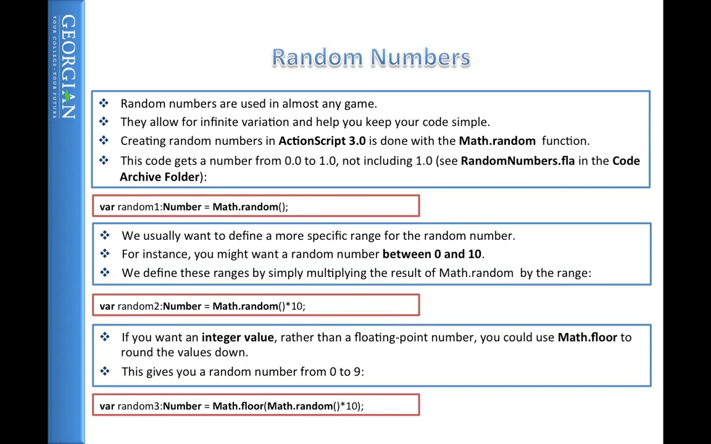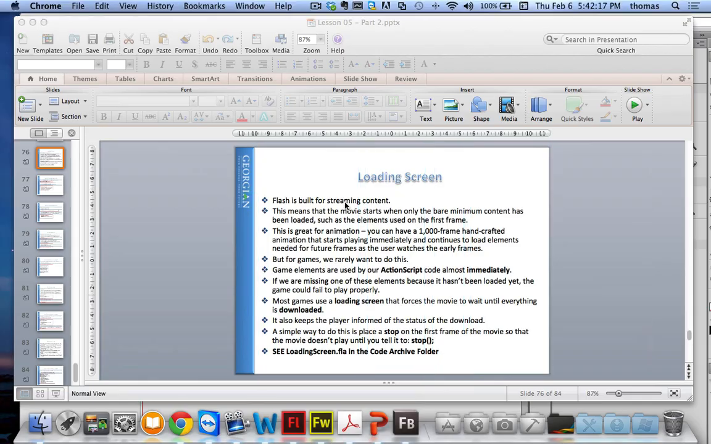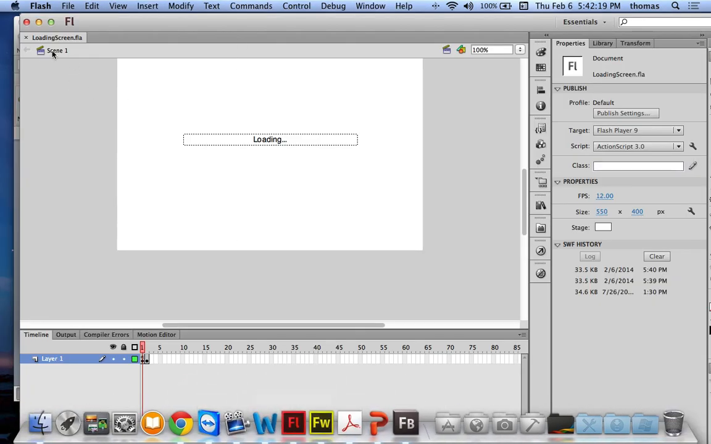Random numbers. Can't have a game without random numbers, right? We need some kind of randomness to it. Well, for random numbers, it's so easy in ActionScript. All we need to use is the math.random function. So if I go to randomnumbers.fla, just as a test,